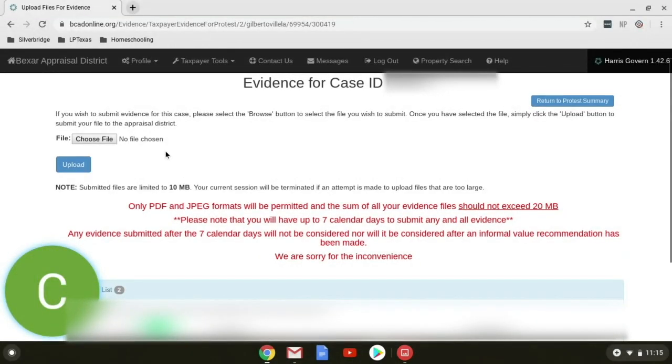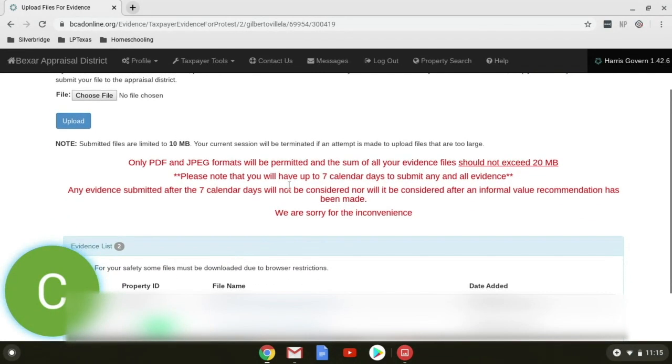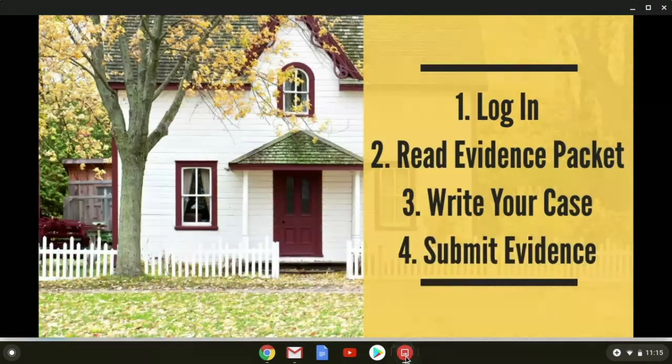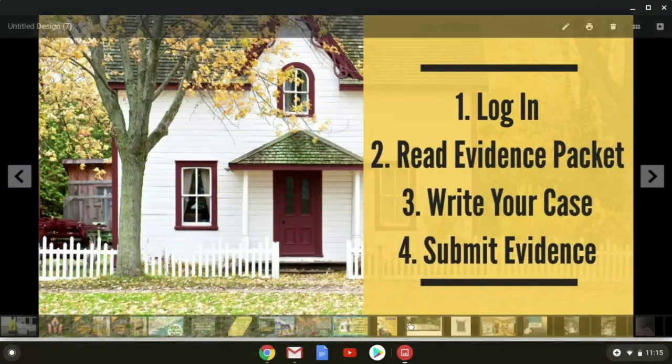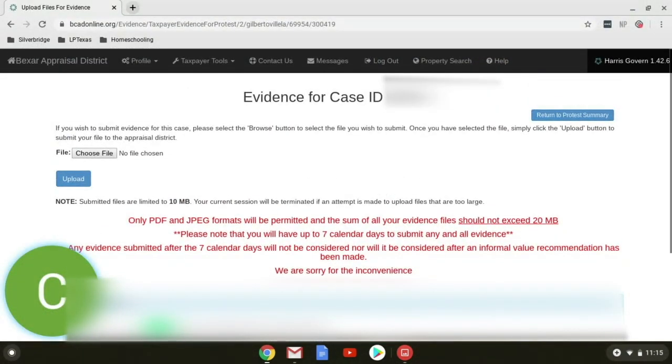You can only do one at a time, which is kind of annoying, but do one at a time, click upload, and then you're pretty much finished. We've done our steps. Submit your evidence, which means upload the evidence. And then you're done.